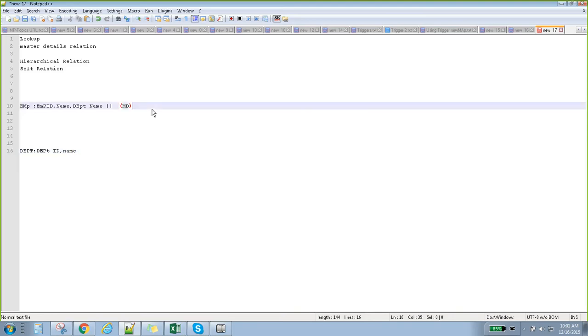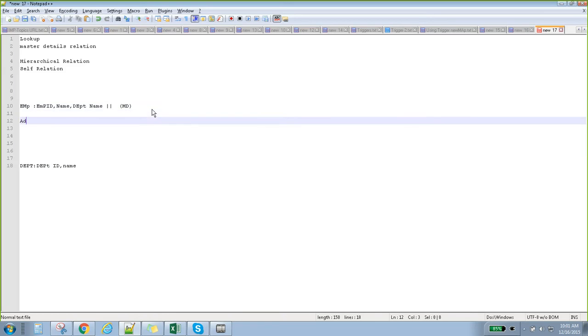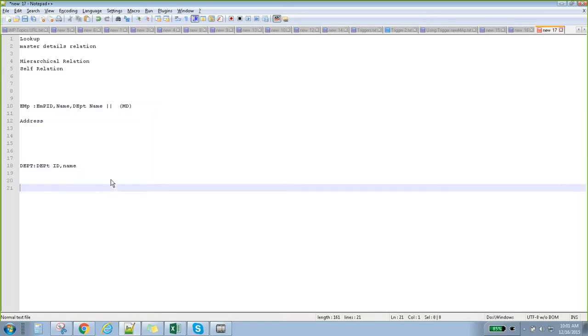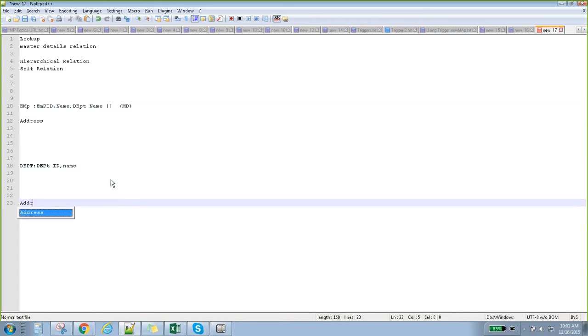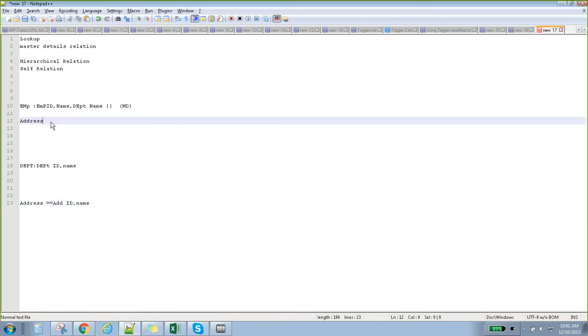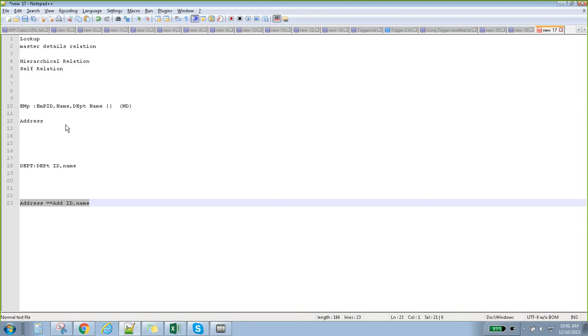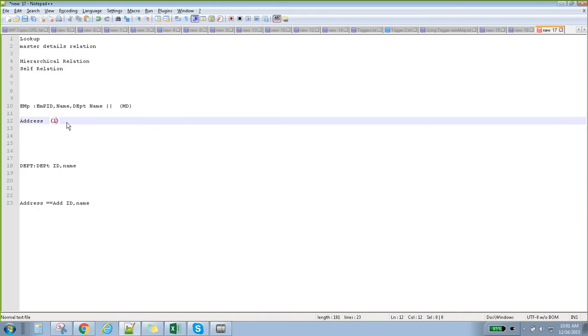For employee, there is another field called address. Another custom object called address has address ID and name. This address field will map to that object, assume it is a lookup.